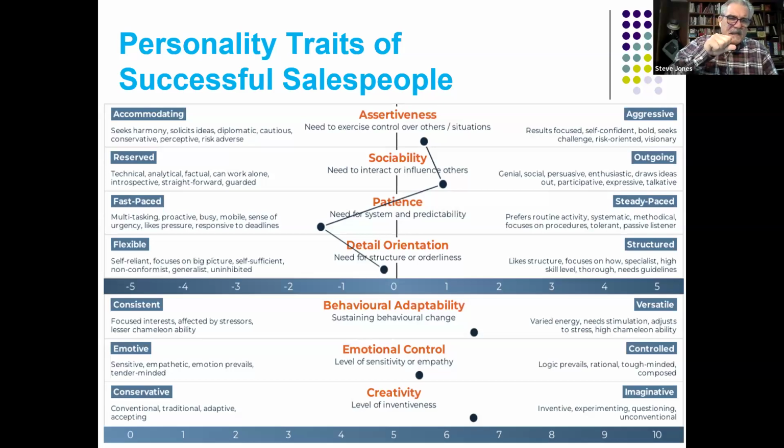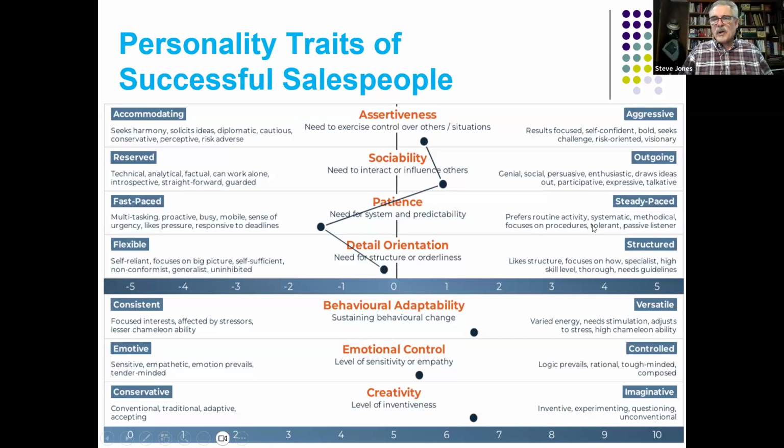And yet these people are, if we look at this graph over here, they are to the left of center. They are impatient people, multitasking, proactive, busy, on the move, active. Everything has a sense of urgency and a need for closure. They like the pressure to be on with deadlines to move things forward, because if they're over here